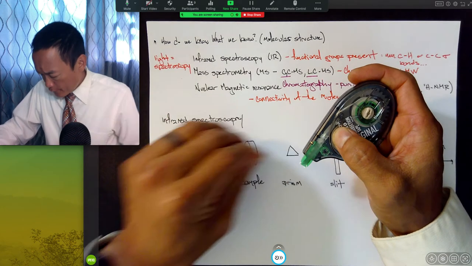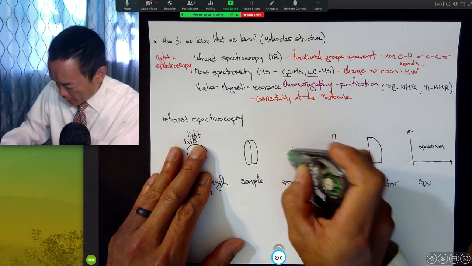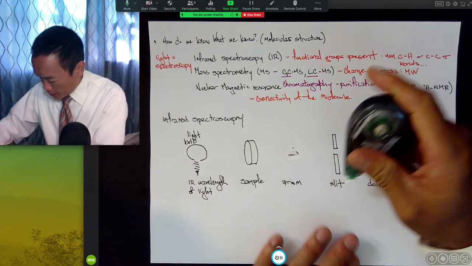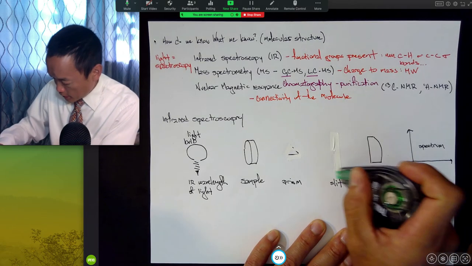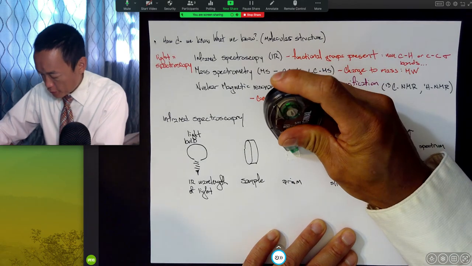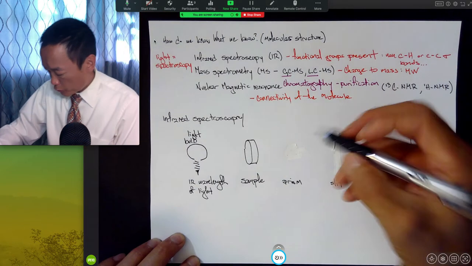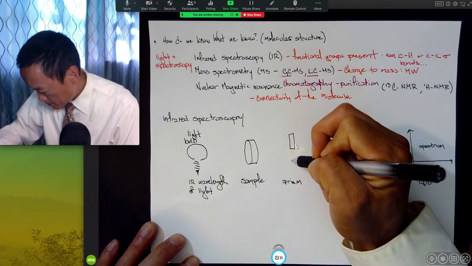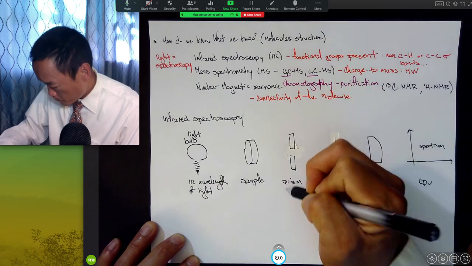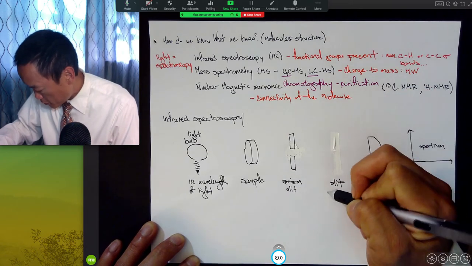I am going to redraw this because I believe I have it backwards. The slit should appear before the prism, because that would make a lot more sense moving forward. So we'll just swap those two things, because you will see why in just a second. We'll put this slit right here, which makes a little more sense, and then we'll put this prism here.